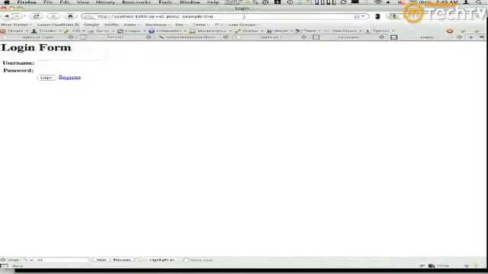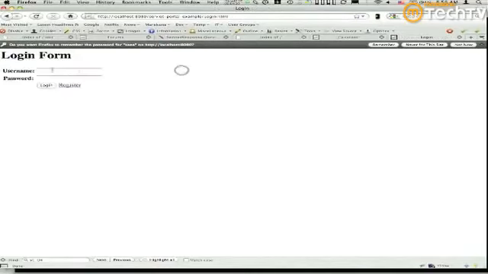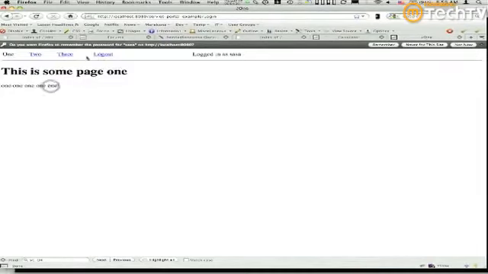Okay, so ignoring the fact that I can actually go to the 1.html. This application implements a little login system whereby in order for me to access some content, I'm supposed to log in. Well, if I can't log in, I have to first register. So I register by clicking on this little register.html. I go and enter my information like I'm registering as Sasha with password ABC123. I click on register. I'm now registered. I click on login. I can now log in with Sasha ABC123, and I'm logged in, and now I can access, quote unquote, secure